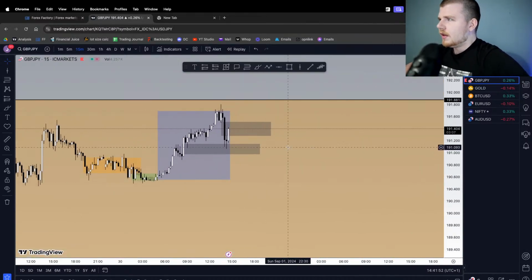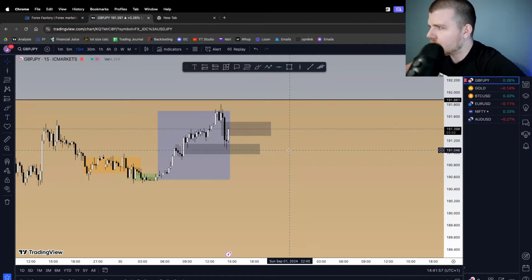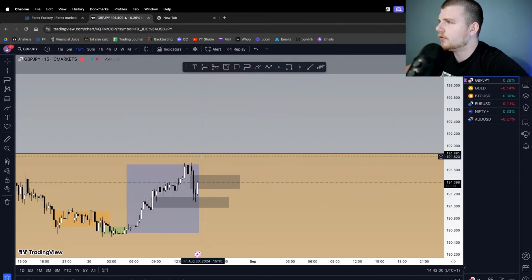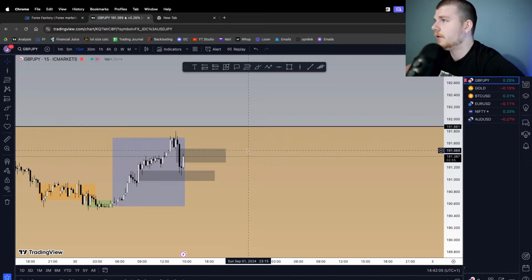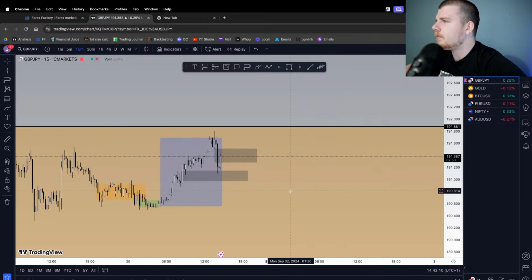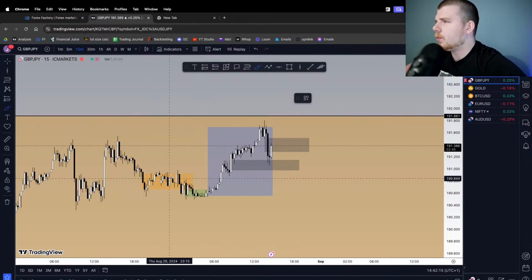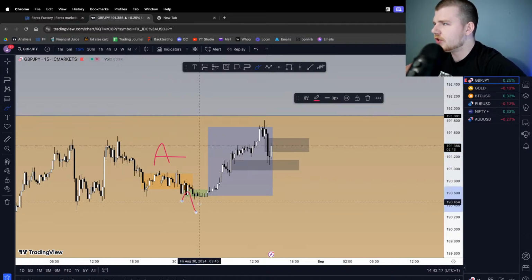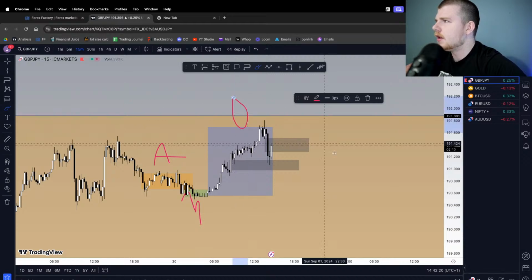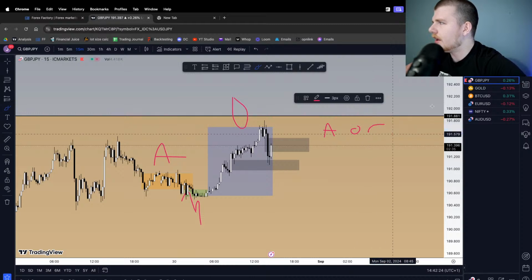I think I'm going to ignore buys today because of all that. Because of this accumulation range, I'm going to ignore buys today. So we are only looking for sells, although the bias is mixed. And to actually take a sell entry, what we would want to see, we've had our accumulation, manipulation, and distribution here. What's next? We have either got an accumulation or we're going to have an expansion reversal.